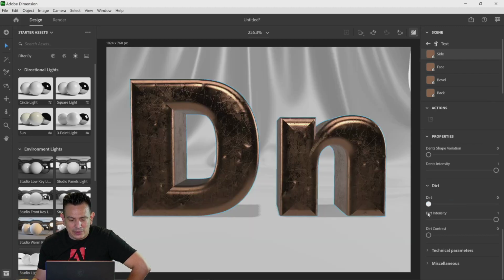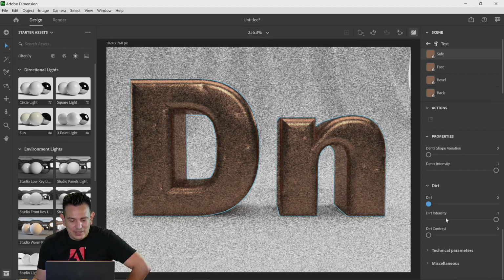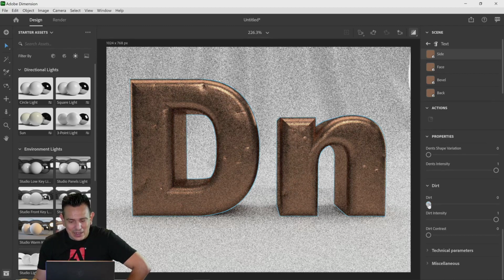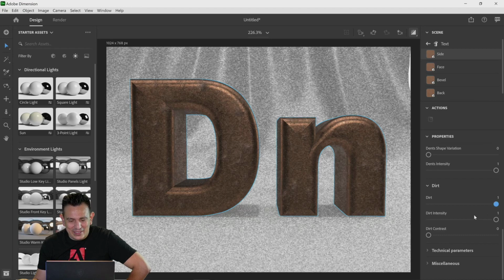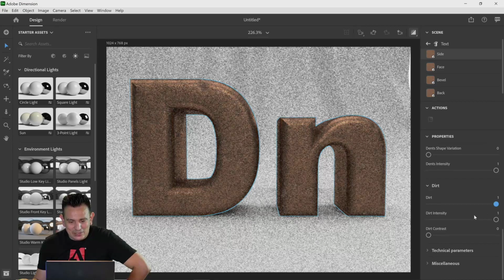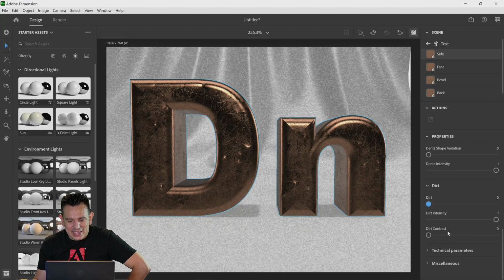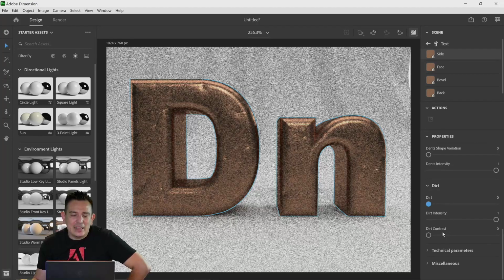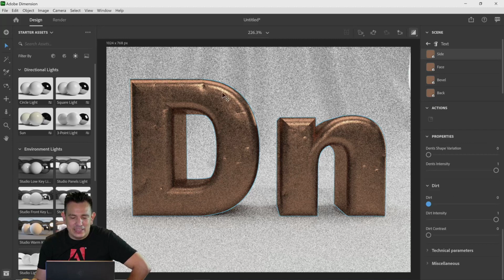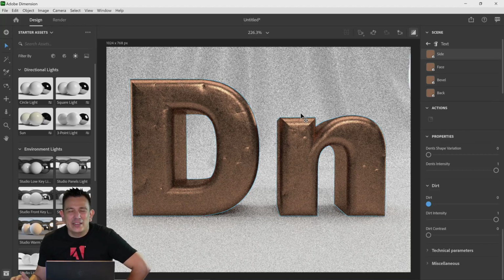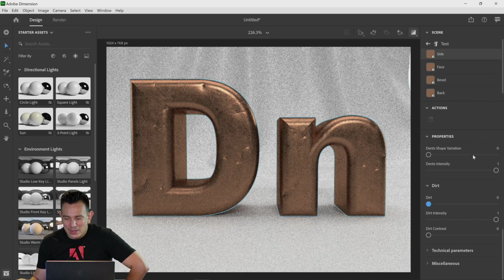Let me just remove it completely and see if that was dirt. It wasn't dirt. I didn't really see what the dirt did. So I'm just going to go all the way and see what the dirt looks like. It's not really making that big of a change. In this case, I'm just not going to use the dirt. And I did notice what happened in the specular highlights. You can see how it's a little dirty, and I actually like the specular highlights, so I don't want to